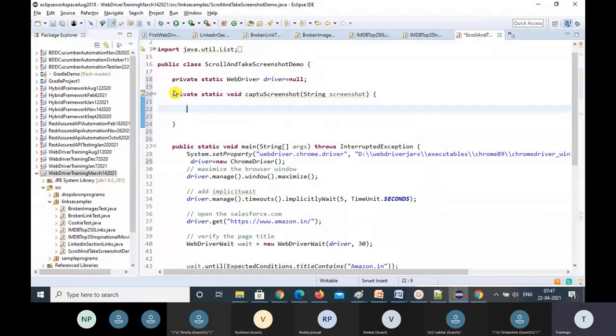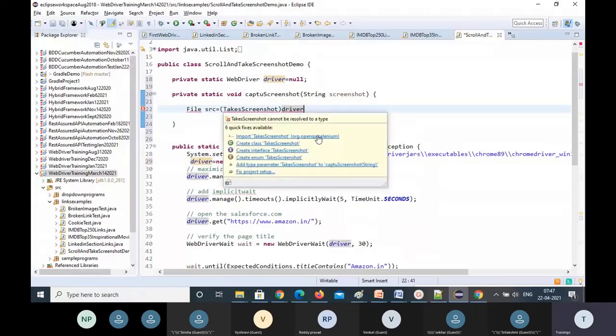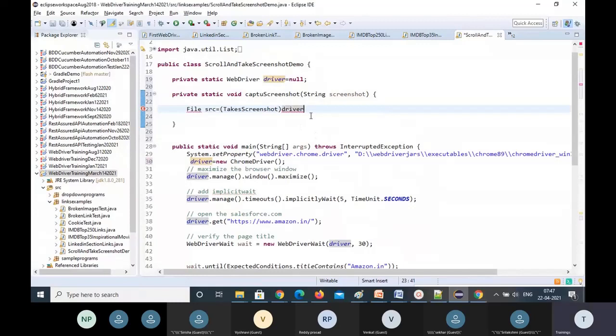Then the first one is a File, so src equal to takes screenshot of the driver. Import this from org.openqa.selenium, and wrap the entire thing.